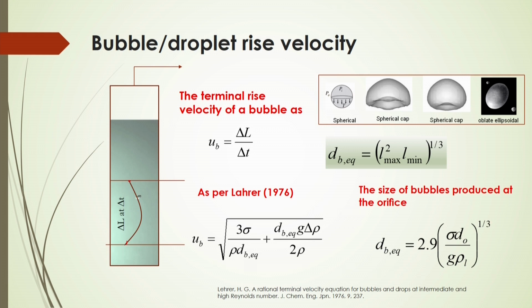So, delta L is the distance travelled by the bubble per unit time delta t. This will be your terminal rise velocity. Now, this rise velocity may sometimes be faster, sometimes slower. It depends on the size of the bubble. If the bubble size is larger, then it will move fast. It will be moving at high speed and there will be a high buoyancy effect,